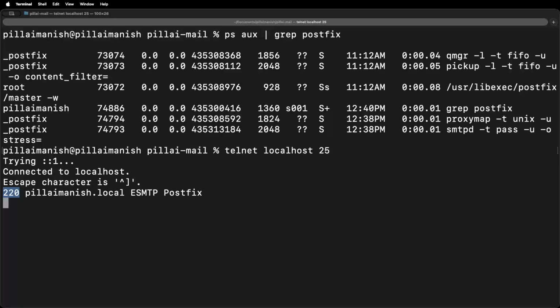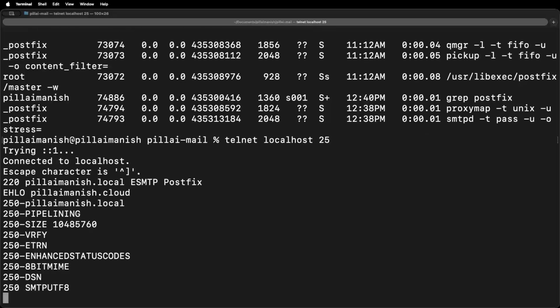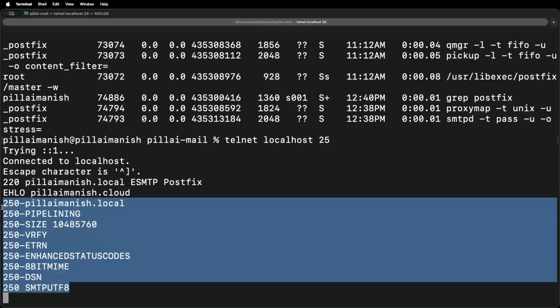Let me type EHLO and my domain, that is pilemanish.cloud. EHLO introduces our client to the server and asks which features it supports. See the features it responds back with. Modern SMTP servers use EHLO. HELO was the older version.